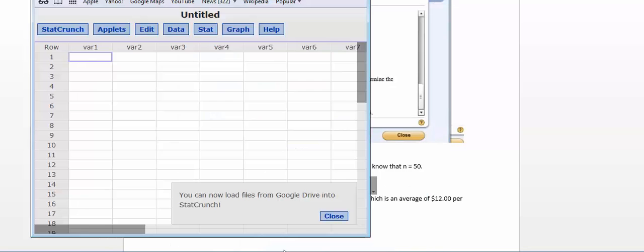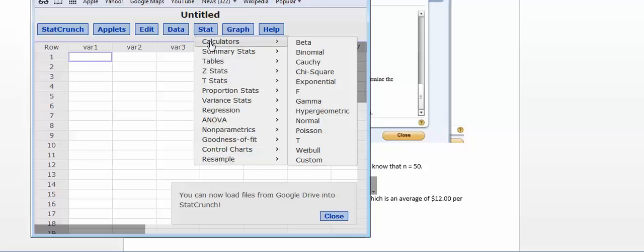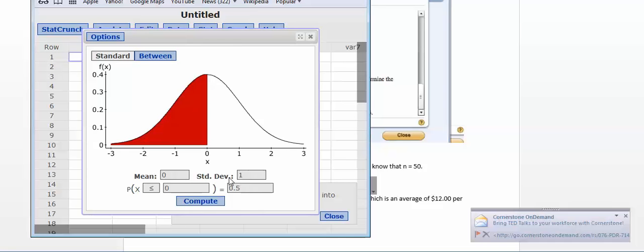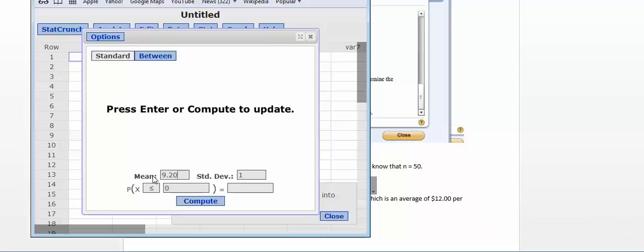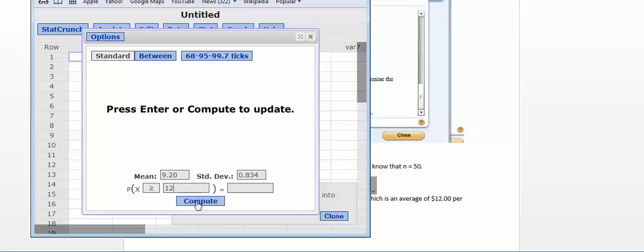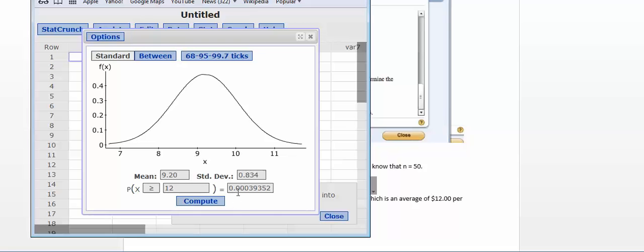I can find my little tabs here. If you go to Stat, Calculator, and you want to use the normal calculator, I want to put in the mean, and if you remember the mean was $9.20, and the standard deviation we calculated, if we look over there, was 0.834. We want to know the probability over those 50 parties that he averages more than $12. So if I put the $12 in here and a greater than, then here's the probability,